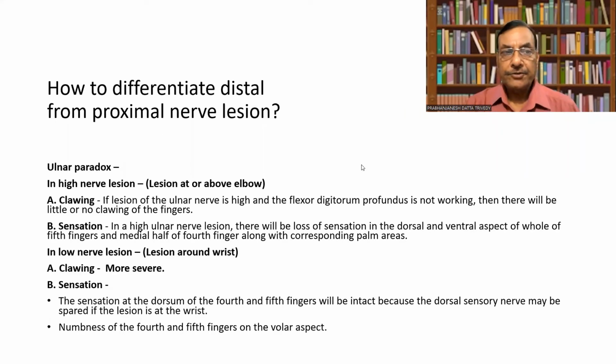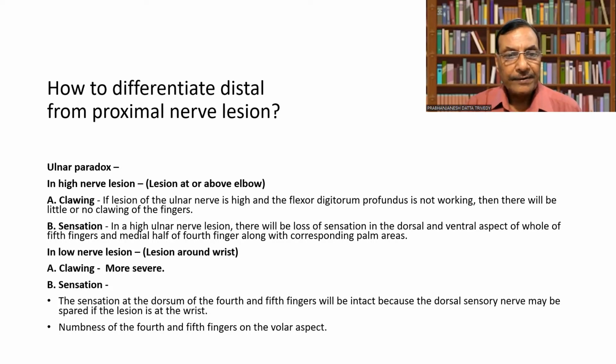Now the question is how to differentiate distal from proximal nerve lesions. This is also called the ulnar paradox. In high nerve lesions, meaning the lesions are at the level of the elbow or above the elbow,